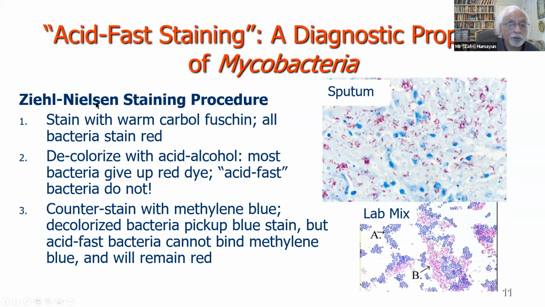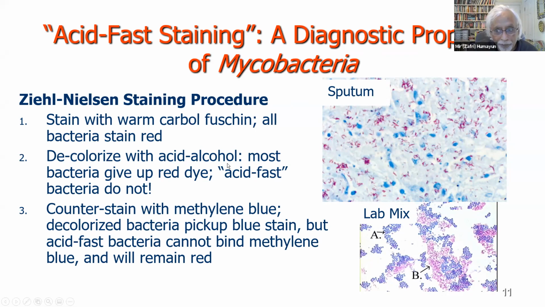So you stain a biological sample with a dye called carbol fuchsin, which is a pink dye. Basically, the pink dye is taken up by all bacteria and also by all host cells. Okay, so everything stains pink in this step. In the next step, you take the dried smear, and then you decolorize it by washing the smear with